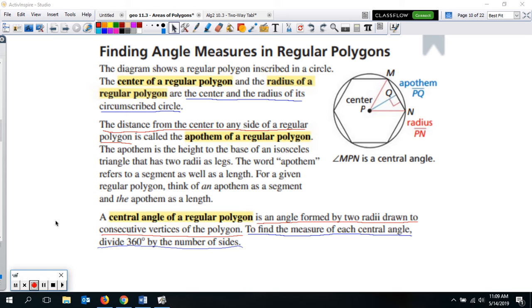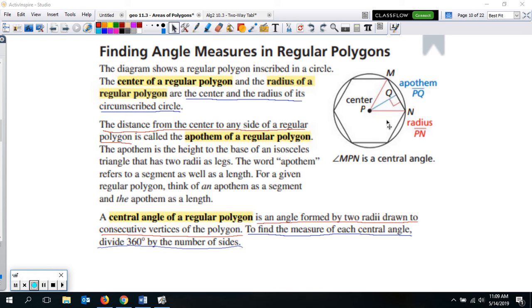Okay, so now we get into a little bit more of the challenging part. This is going to go on your vocabulary. So in the vocabulary, you're going to be writing down several things here. So let's just start reading through this, and you can write them down as we read through it. And you may want to draw this diagram. You may want to pause the video real quick and try to draw this diagram over here with a polygon